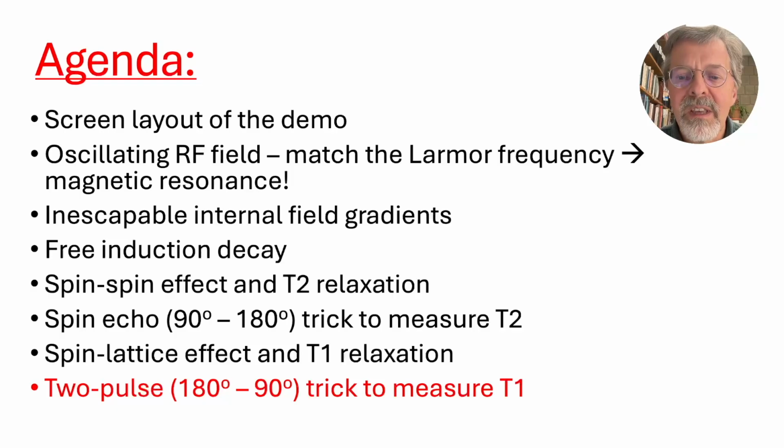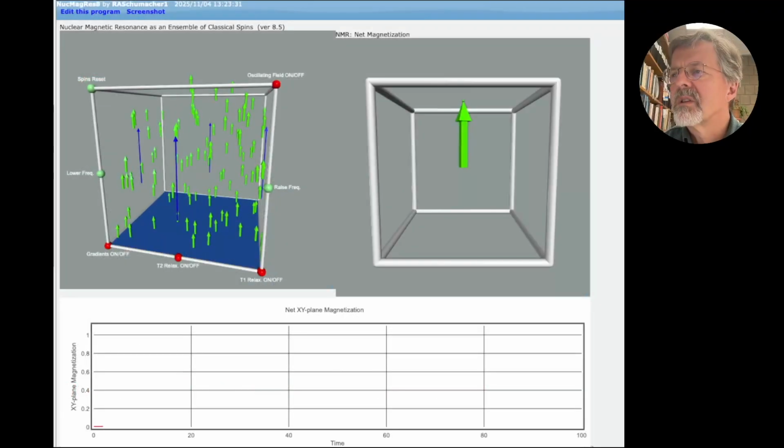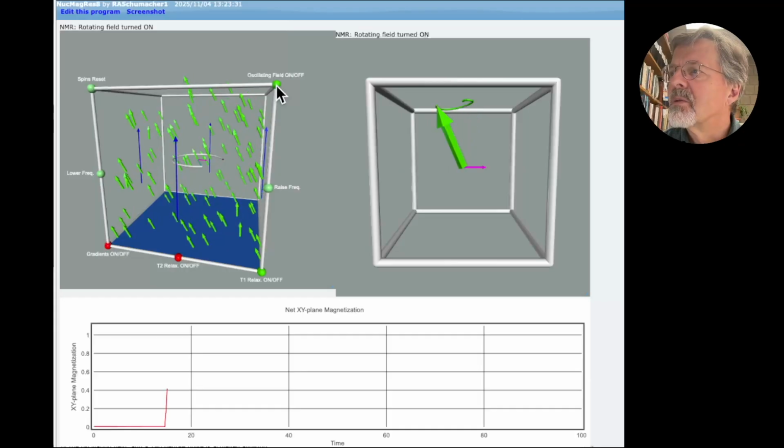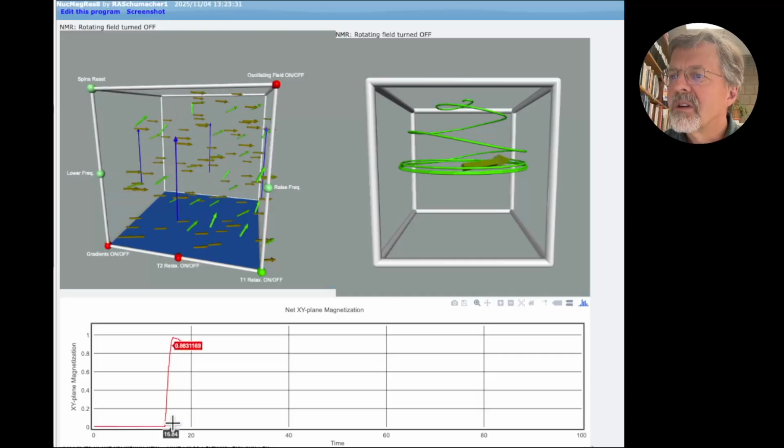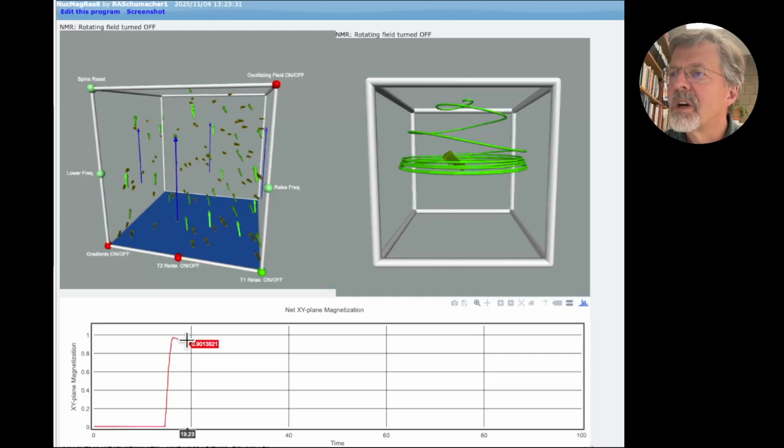So let's see that in action. We can simulate the T1 effect in an idealized way right now. Let's pretend that there are no gradients in the magnetic field, but there is this T1 effect here. And now imagine in this idealized situation that we flip the spins by 90 degrees into the plane where we can see the amount of magnetization that there is. 2.5 cycles. Ready? 1, 2.5. There. So here the spins are in the XY plane,